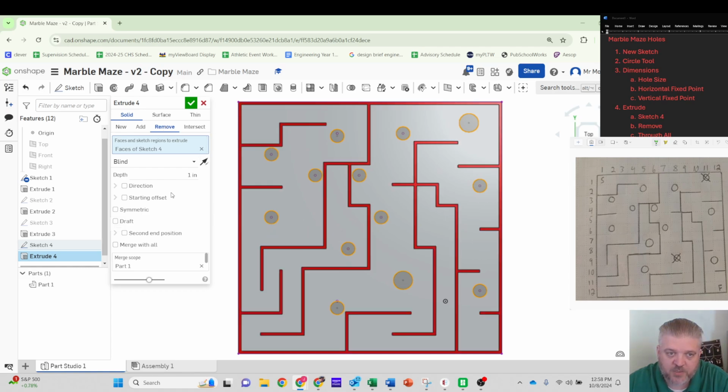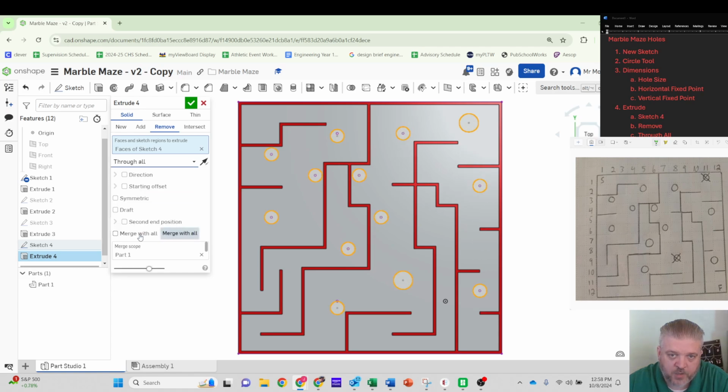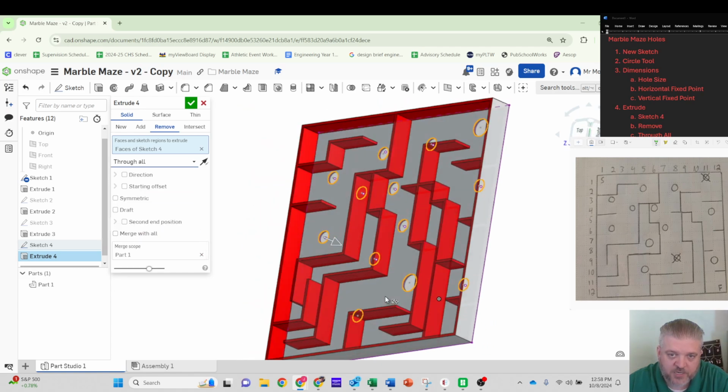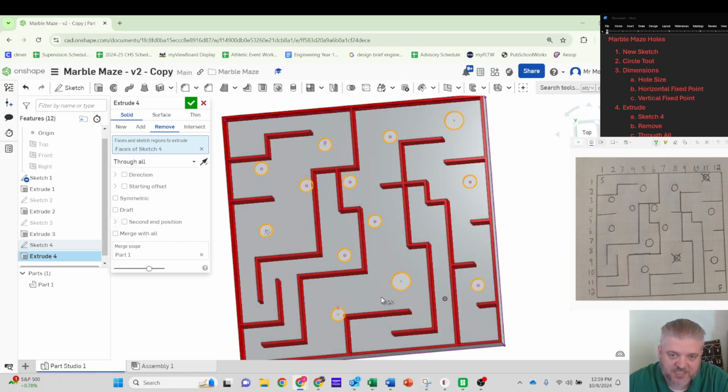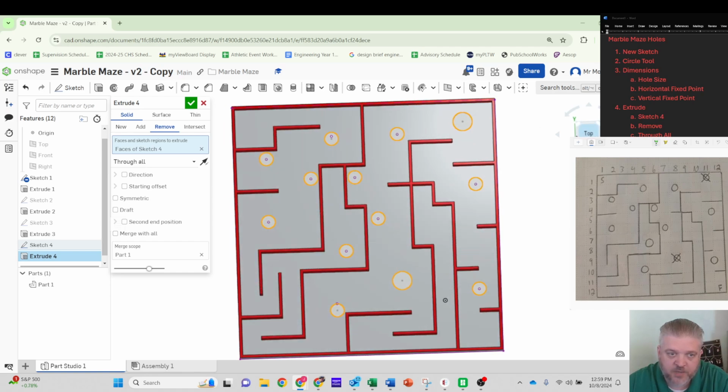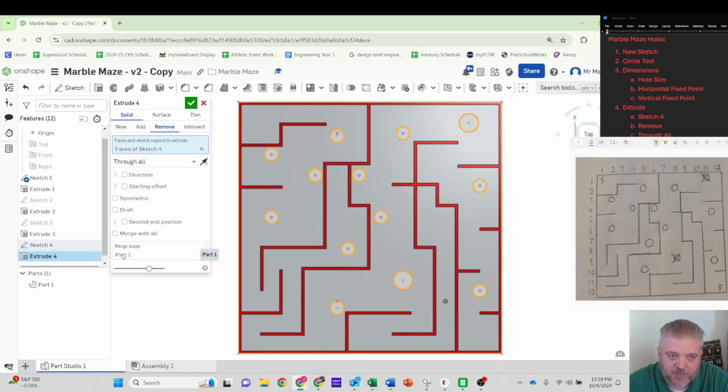We want to make sure that whatever our depth is, we at least want it to be 1 inch, and we also want to go through all. Through all makes sure that it goes through the entire thing versus just the sketch that it's in if you had multiple parts combined. And again, we've got it merged with part 1, so all of this will be one complete piece. So I'll hit the check mark,